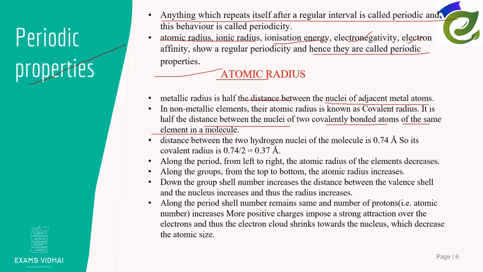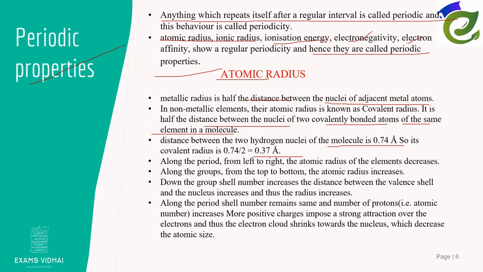The distance between the two hydrogen nuclei of the molecule is 0.74 angstroms. So the covalent radius is half of this, therefore 0.37 angstroms. The atomic radius decreases along the periods and increases along the groups, because down the group